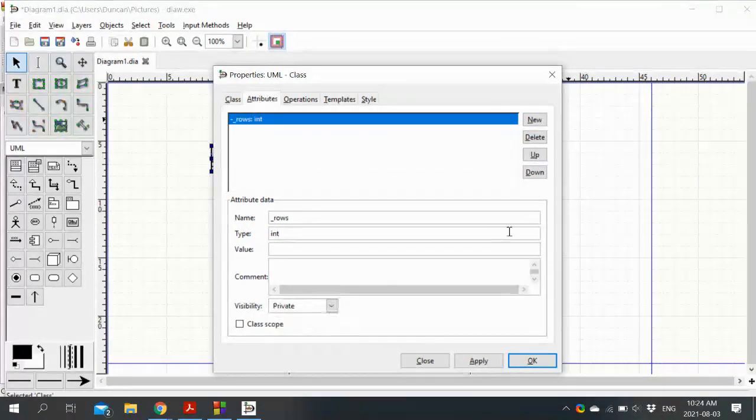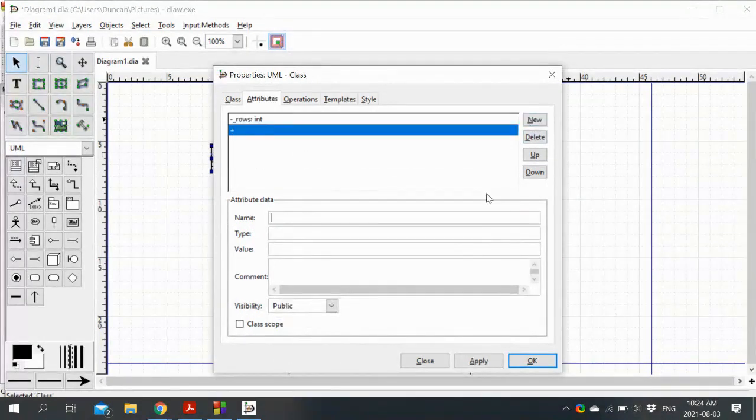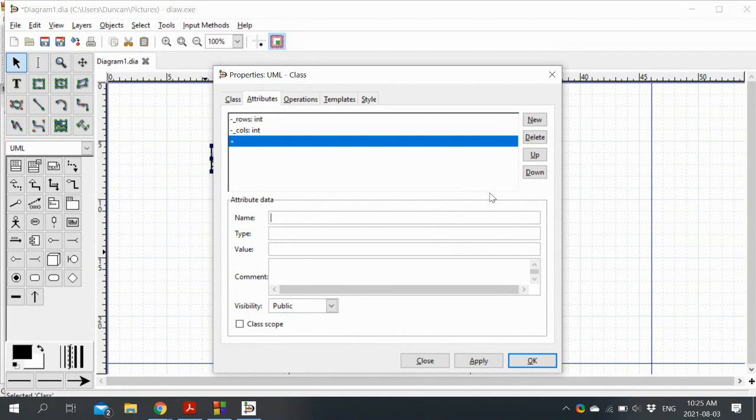They're going to be private. It's going to have columns of type integer. They're going to be private. It's still going to have its array, and we're going to keep this at a sort of low-level design, so it's okay for us to say pointer pointer. Oops, that's the type, sorry. And that will be pixels.